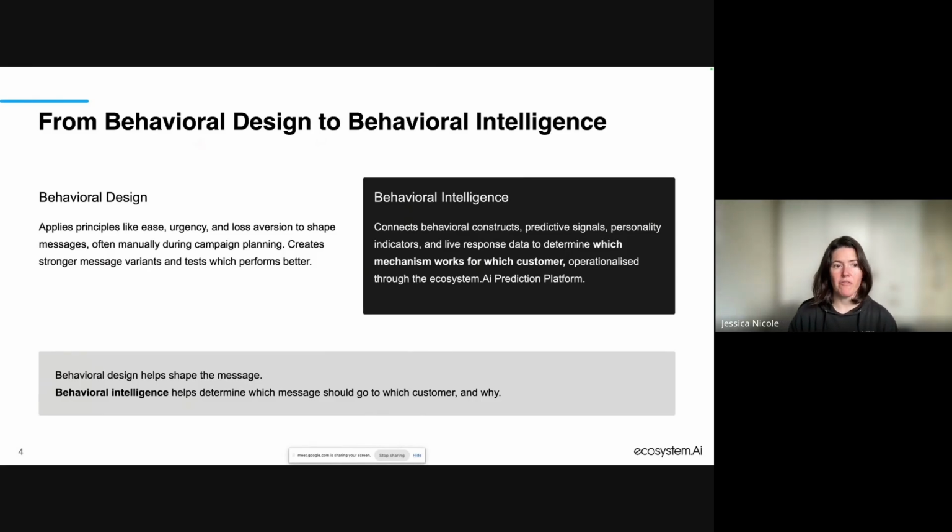So you have the behavioral design principles, things like loss aversion, which is very well known. You've got urgency and reminders and prompts. There are a number of different mechanisms that can be used. You take a handful of those, depending on what your case is, and then you stick them into an intelligent environment, for example ecosystem AI, in which you can begin to test which of these mechanisms communicates with whom.